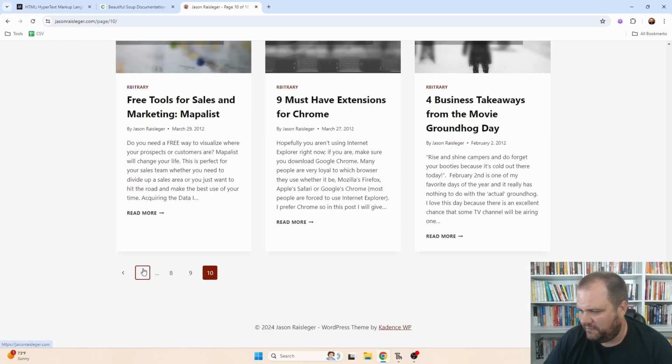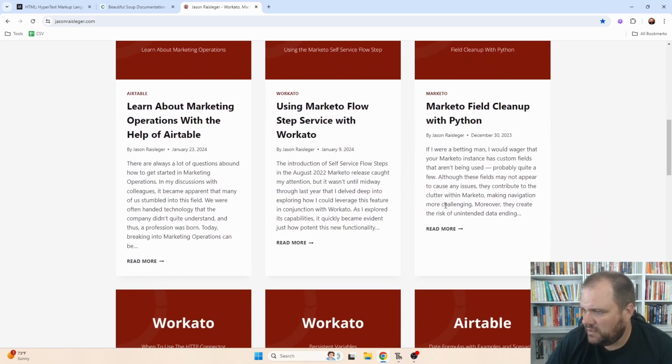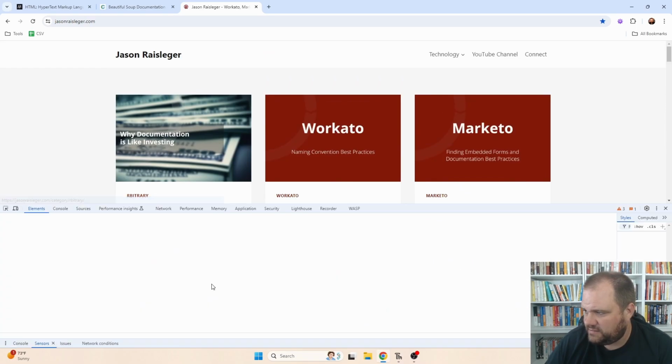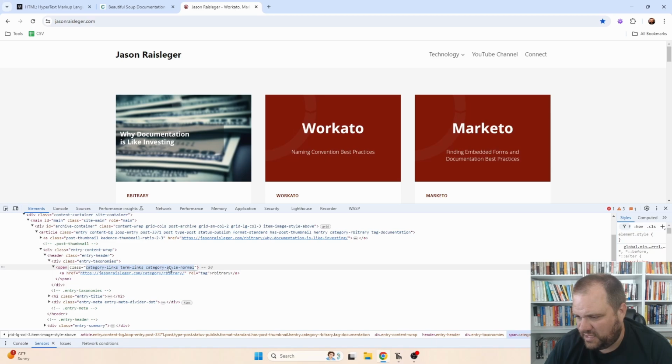Let me go back to my first page where it's actually going to have different categories. So I have some on Workato, some on Marketo, Airtable. So I want to get what these are as well. So if I inspect this, I will see that it's a span. There's a link here in the span, and it's called category links is the class. Now, there's a couple of classes. There's term links, but it looks like category links is the one that I'm going to want. So I'm going to copy that,